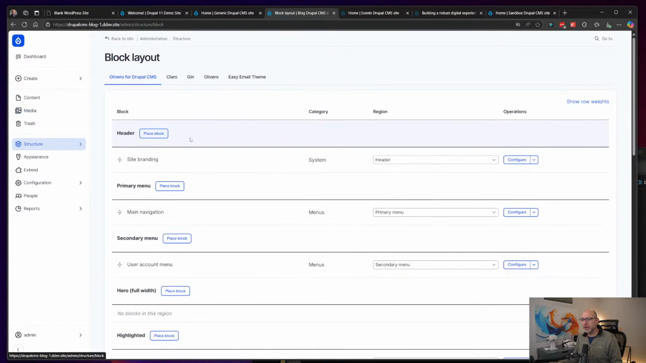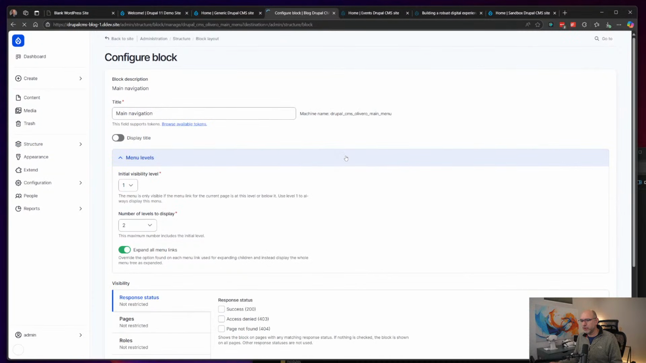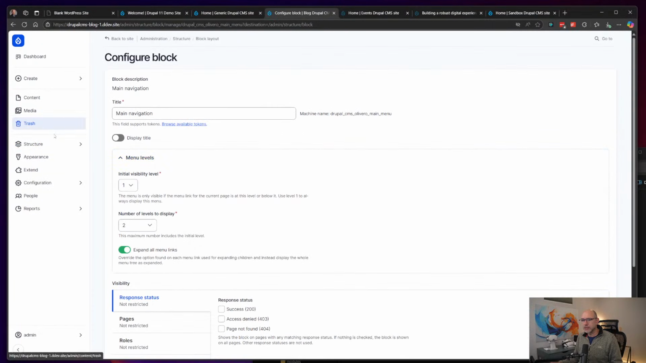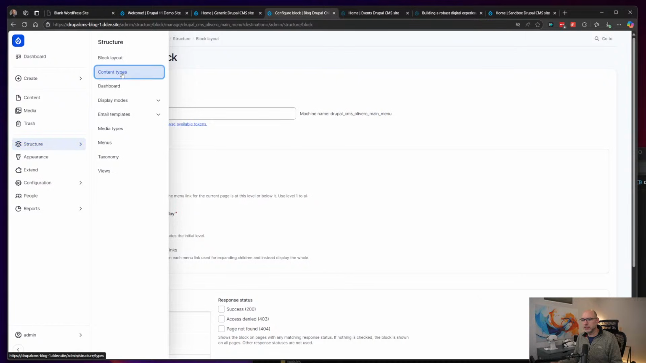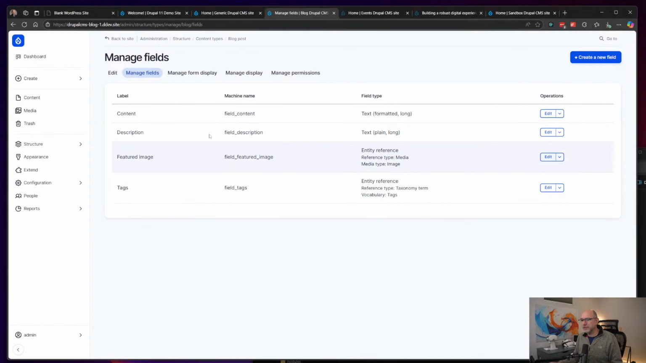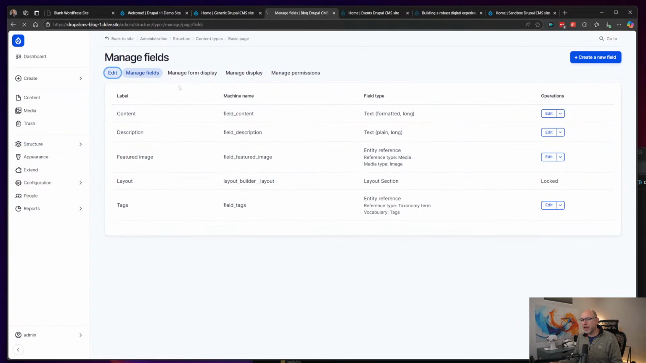So here we can come in and really start looking at things like my header and block layout menus, configure my menu items, different settings for each of these things, structure, content types. So blog types, I can come in here and manage the fields that are included in blogs. For basic pages, I can manage the fields that are there. If I want to add another content type,